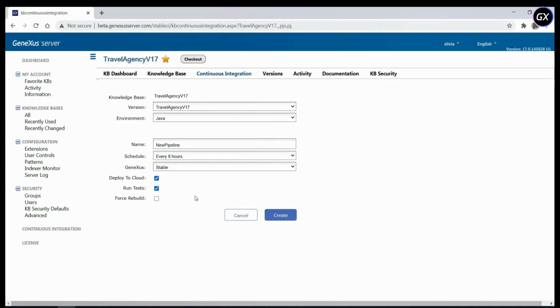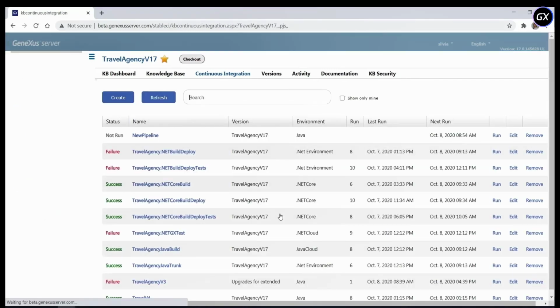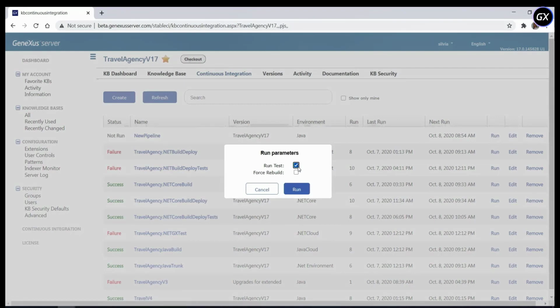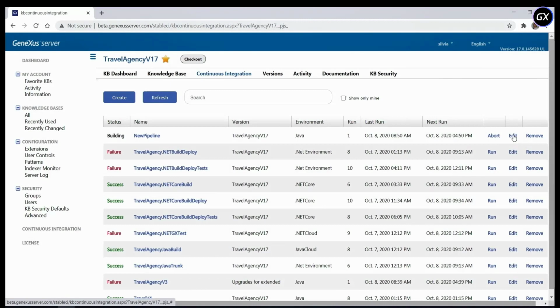We could just say that we're going to do build and a compilation. We can also say that we're going to deploy to cloud, run the tests defined. In this case, we're going to indicate that we're going to deploy to cloud and run the tests defined in the KB. Once this pipeline is created, it appears available on the list, and we can see that it hasn't been executed yet, but we can execute it manually from the run option. We're going to confirm that we're going to execute the tests defined in the KB, and the status of the